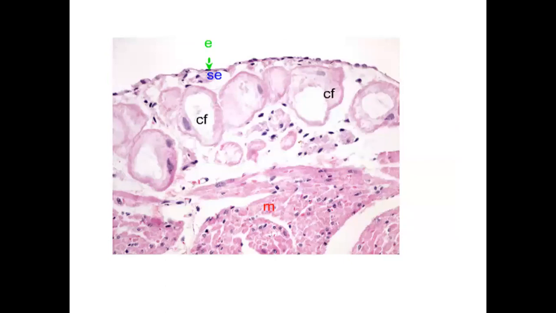Again, next micrograph where the E arrow is indicating the endothelium. So this must be the first layer. Above that, there would be the chamber. Then subendocardial connective tissue is labeled as SE. And within this connective tissue, these large cross-sectional profiles are actually the modified types of cardiac muscle cells. These are the conducting fibers, and these conducting fibers are actually the Purkinje fibers. And you can compare the difference in their size with the remaining cardiac cells, which are actually the part of the myocardium, indicated by the letter M here.